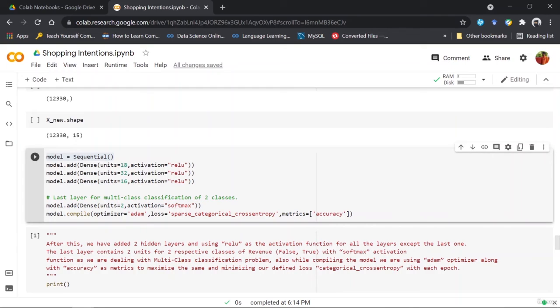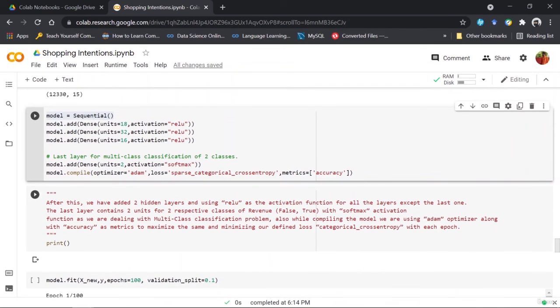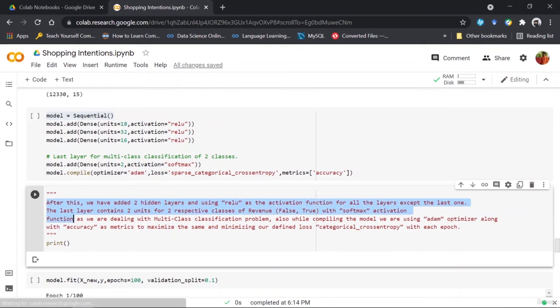And for my last output layer, I have my dense layer with activation function as softmax and units 2 telling me that there are two classes. So after compiling my model, basically, this is a very brief about what each part of this code is doing. And like I said, for our two classes that are true or false, we have our softmax activation function and two units in our dense layer.